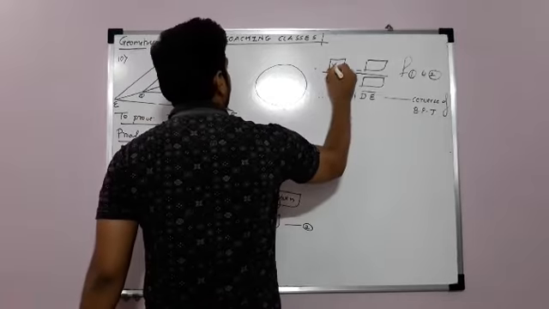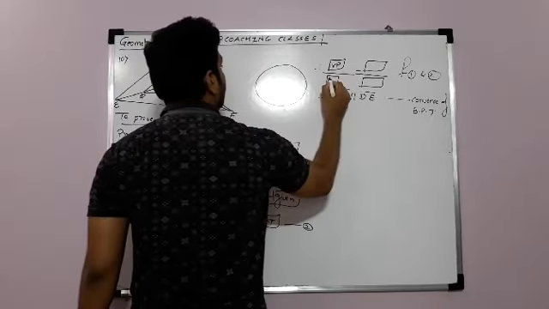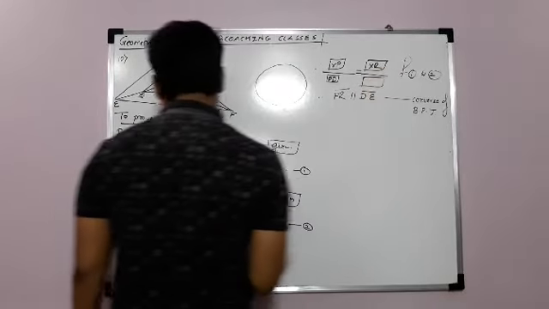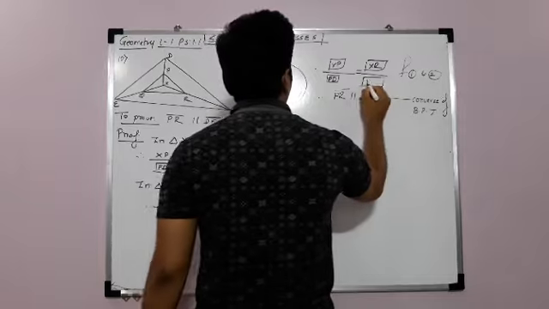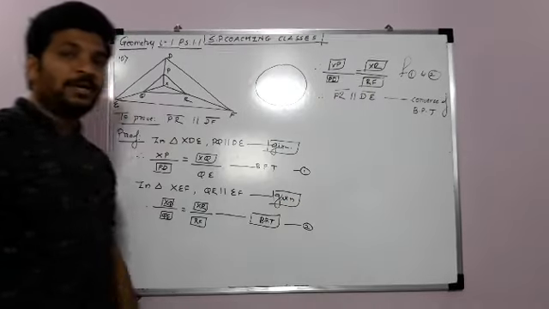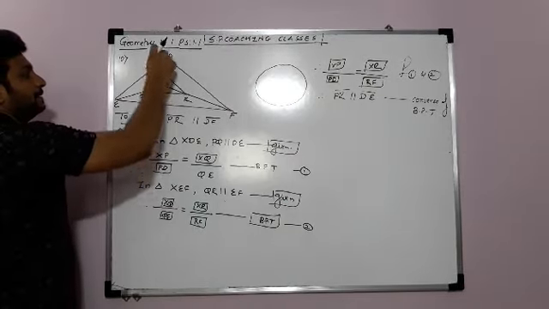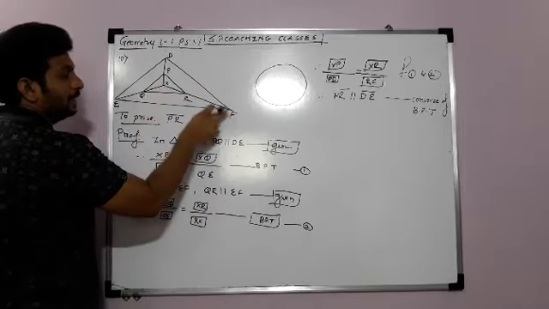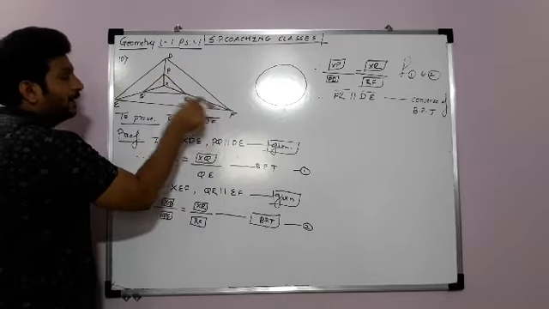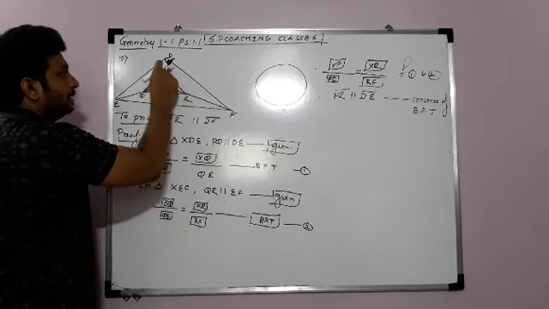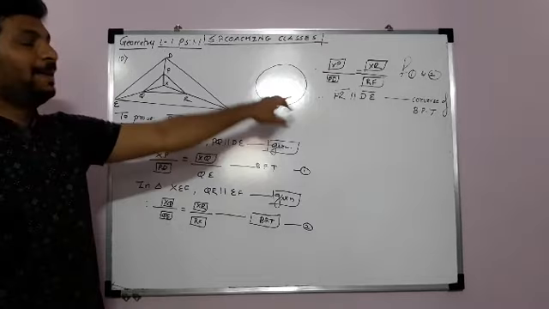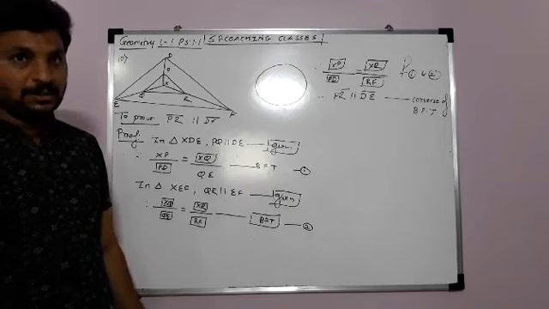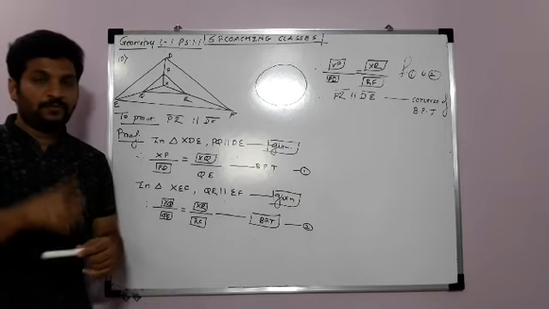But therefore what we will write? XP upon PD is equal to XR upon RF. Got it? From 1 and 2, in triangle XDE, XP upon PD is equal to XR upon RF. Did I show this? The proportions of both are equal. If the proportions are equal, then the line joining the points is parallel, by converse of BPT. Hope you got it. Did you understand guys? Okay, easy sum. Okay, fine.